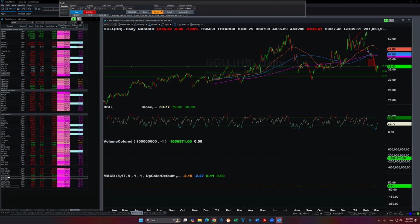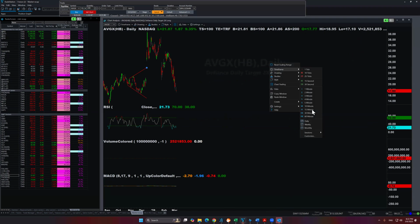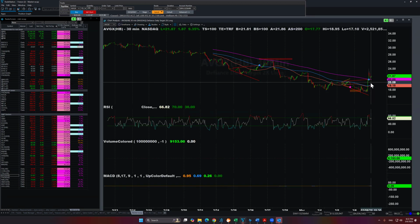I took some profit at AVGX here. I bought two batches. I bought the first level at 21.30, something like that, and the second level. So I'm out. I didn't sell the highest level because I was in the gym and then I saw it popping, and so I sold